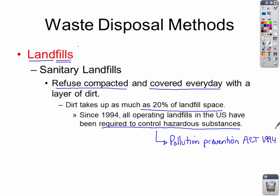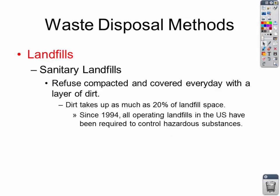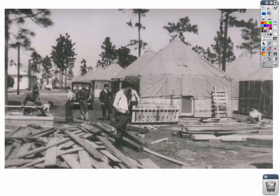Historically, landfills are a relatively new technology. It's only been since the 1950s and 60s that these landfills have been engineered the way that they are today. So we're talking about a relatively new technology, and you're going to see the consequences of that. But sanitary landfills really had their birth in World War II when soldiers were overseas and they didn't want to give their positions away. What they would normally do is burn the trash, but on these islands